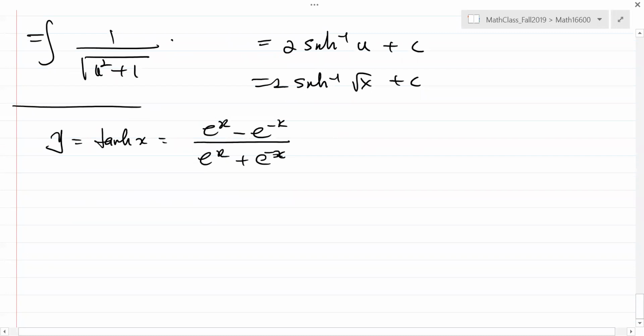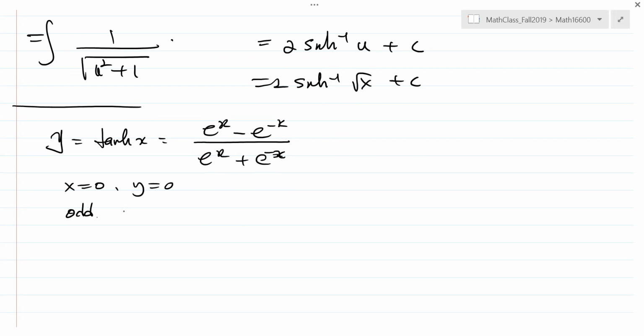So let's understand this. Trying to sketch this graph. It's not easy to sketch it, right? So when x equals 0, clearly y is 0. So it's passing through the origin. And it's also an odd function because the numerator is an odd function, the denominator is an even function. So it's an odd function, okay? So that means the graph will be symmetric about the origin. All you have to do is draw the graph on the